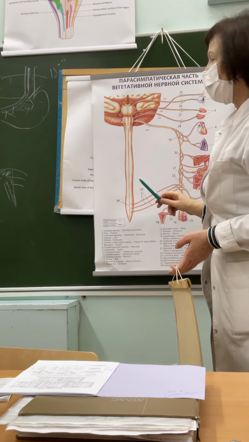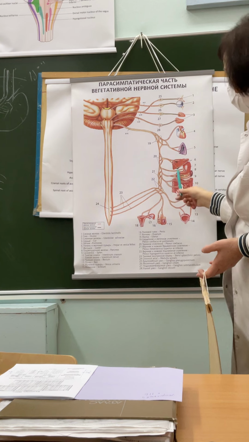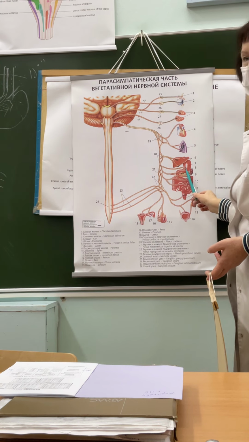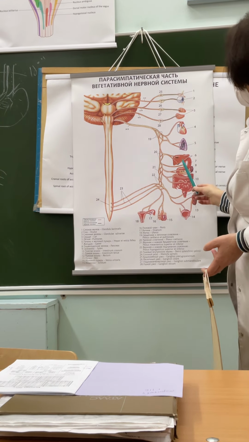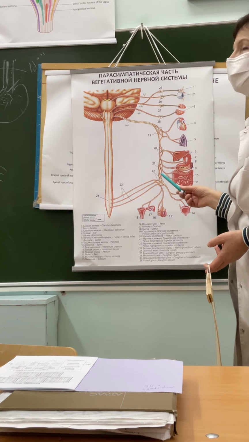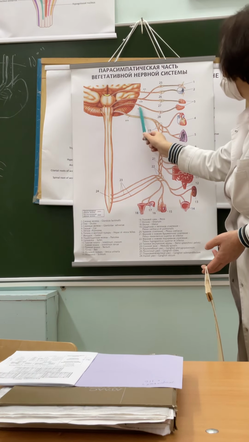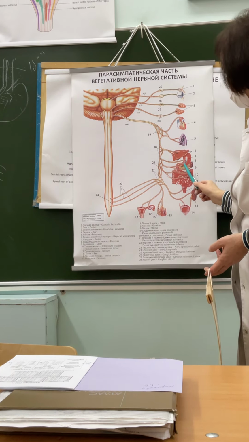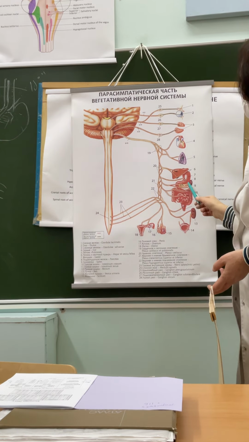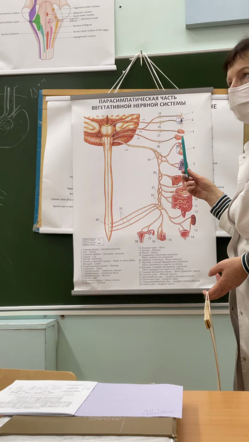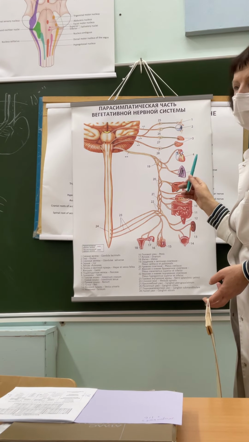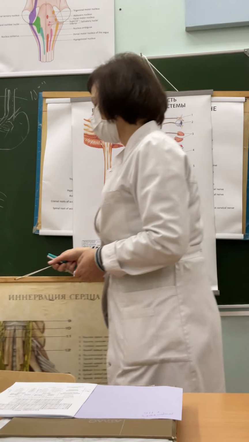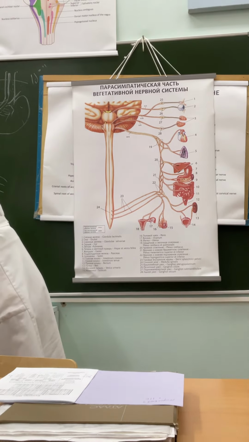Where do we have ganglia? Ganglia are next to the organs which are innervated by the branches of the vagus. You can see this black, which is already postganglionic neurons, or intramural ganglion neurons, so they are called terminal ganglia. So we have very long preganglionic fibers, and within the hilum of the organ, or the paraorganic plexus, or in the walls of the intestine, we have these terminal ganglia, paraorganic and intramural, very short. So this innervates the glands and muscles, smooth and